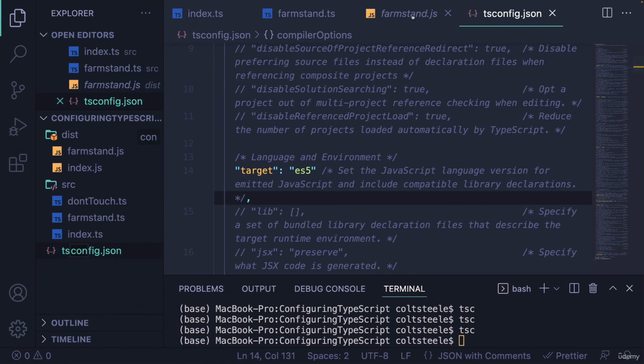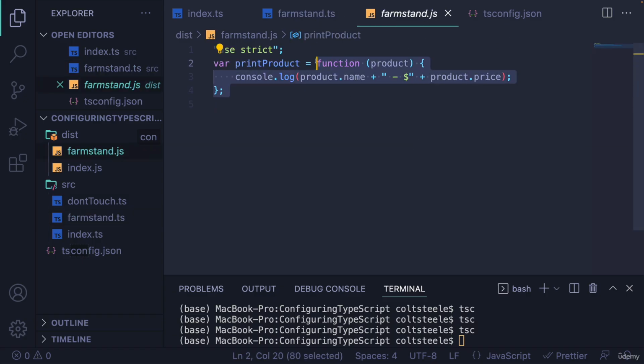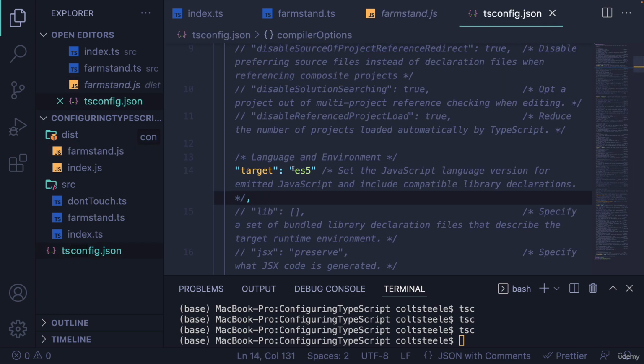And I had us write a function that was an arrow function, right, inside of this farmstand file. Arrow functions are not available until ES2015, aka ES6. We don't have access to that in our output. Instead, it's just a regular old function with the function keyword, no arrow function syntax, and that's because target is set to ES5. But if I change that to